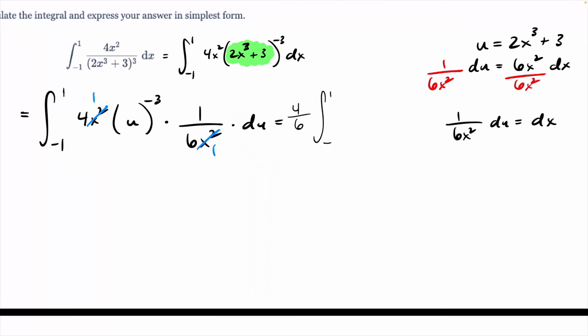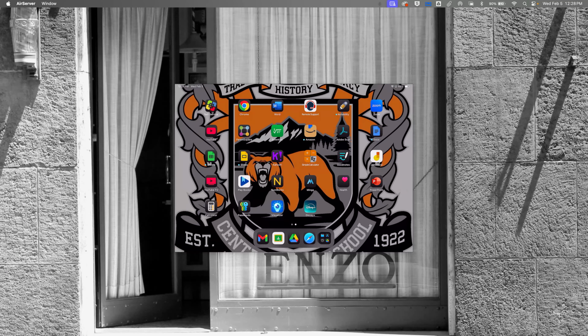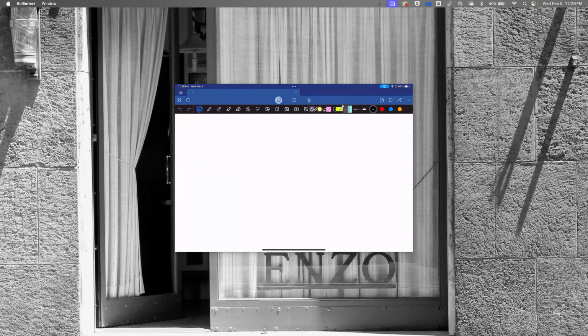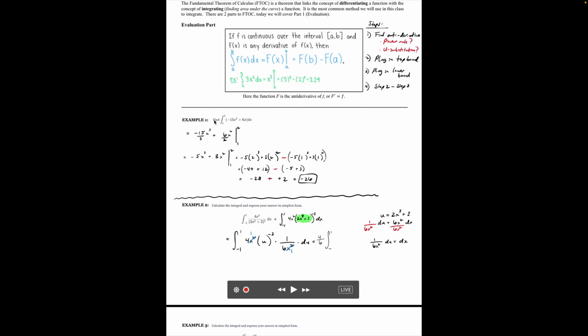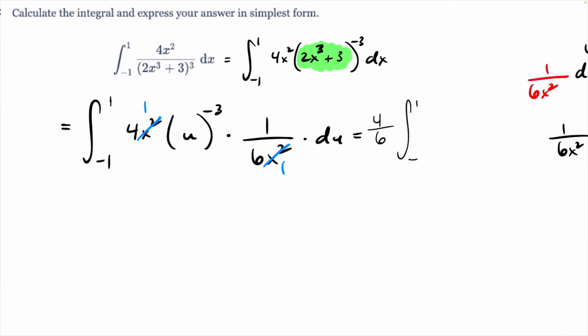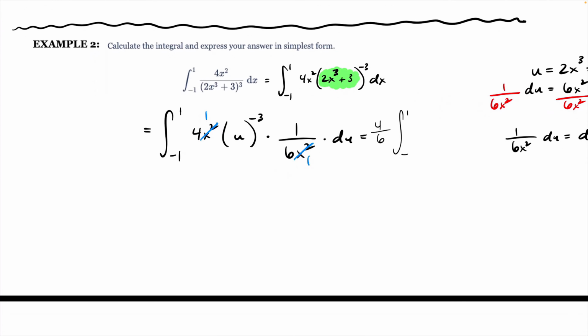Give me 1 second. I don't know why this is freaking out, but let me try to open it again. Why is this freaking out? What's going on here? What is going on here? Give me 1 second. For some reason my